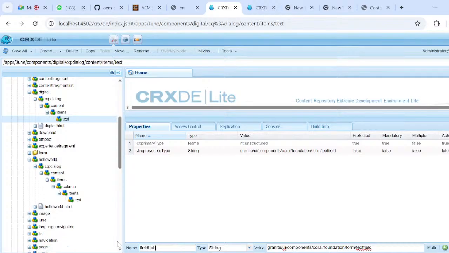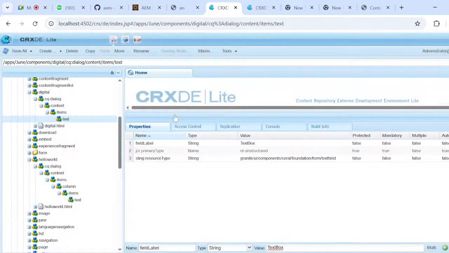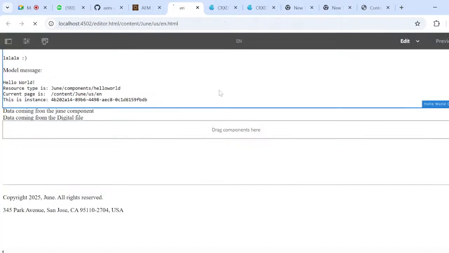Field label text box. So I'm adding this one, save this one, and I would say go to the EN page, reload the page,